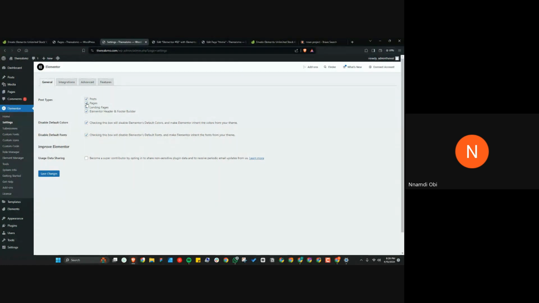If you don't select pages, same thing. If you don't select headers and footer, you won't be able to edit it with Elementor. So in case you install a theme that you're going to use, some of the things might come with courses page, bookings page, and all of that. You know, blogs. You want to be able to click all of them so that you can be able to edit. Do you understand? Now, checking this box will disable Elementor default colors and make Elementor inherit the colors of